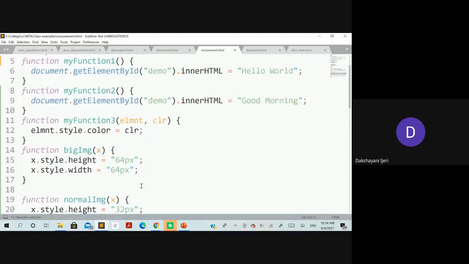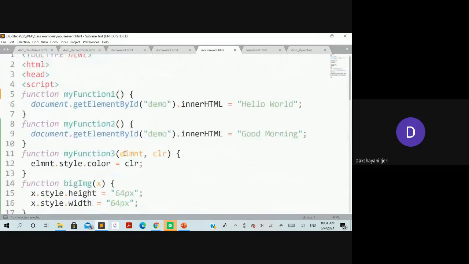As we are passing two parameters, you can see two variables have been considered here. The first one is the current object, the second one is the color name. For the first, onmousedown, we have passed red, and next time we have passed green. It is going to set the content color whenever that particular action is performed. For example, if you press it down, the content appears red, and if you release it, the content changes to green. But we'll see whether it is going to be applied or not.